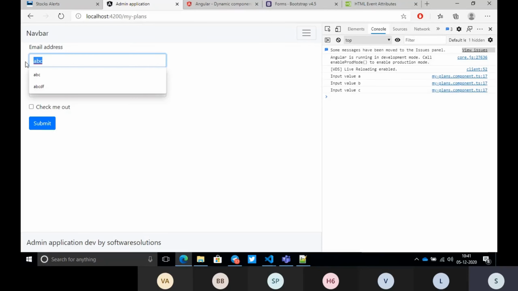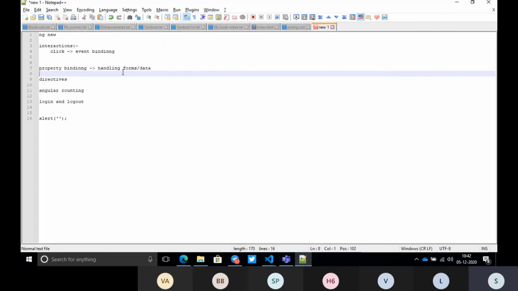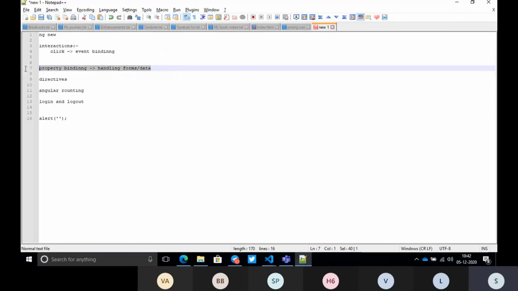Here we have typed ABC, but it comes as A one time, B another time, C another time. What we want is to get the total value and display it at the bottom. Suppose my email address is abc@gmail.com. Whatever value they have given, we want to display at the bottom. But if we handle keydown events, we get each character, while we want the total value and to display it here. For that purpose we will go to the next concept called property binding. There are three types of bindings, and we will explain how to bind these things into one.